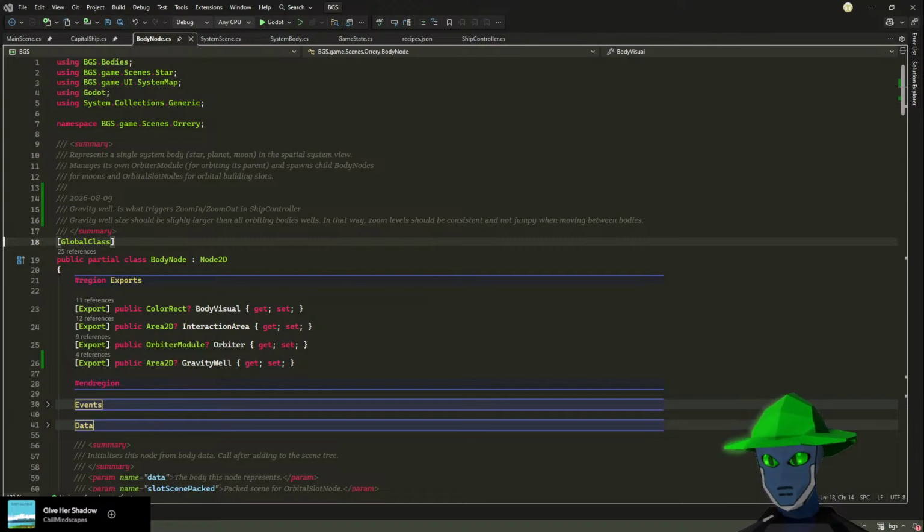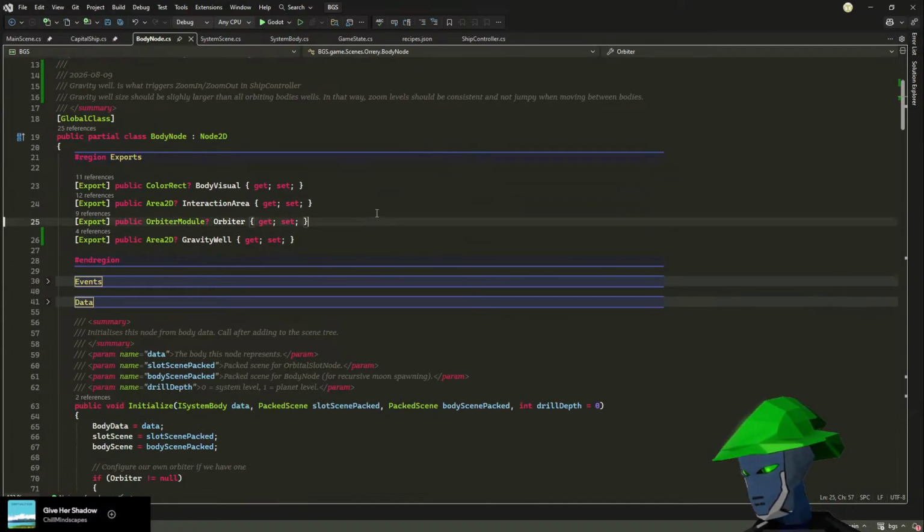Body node, star node, then does not exist anymore. Don't save. It's gone. It's missing. It's deleted. It's never going to appear again. So that is a gravity well, which means if I go back to the main scene,